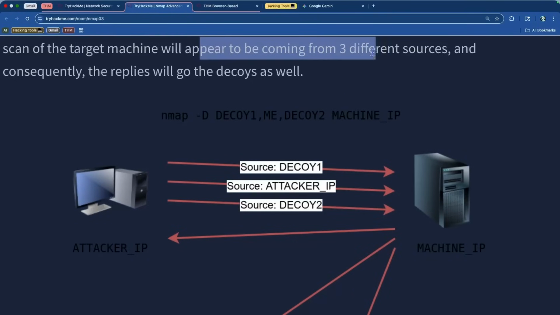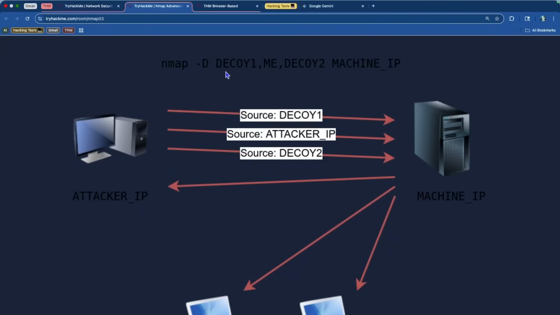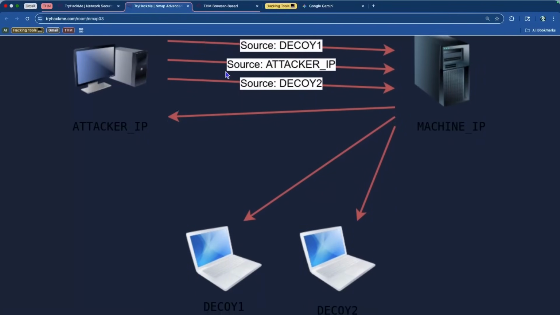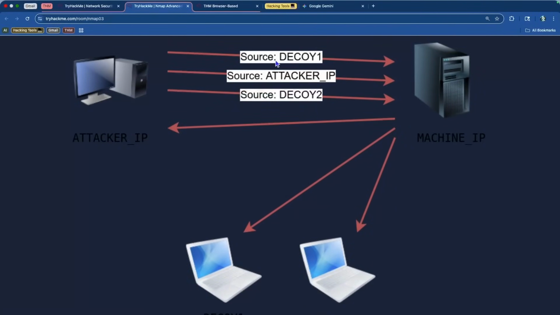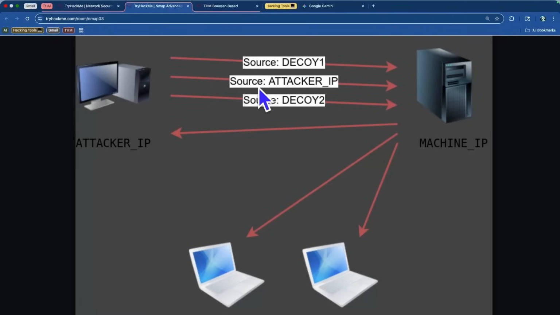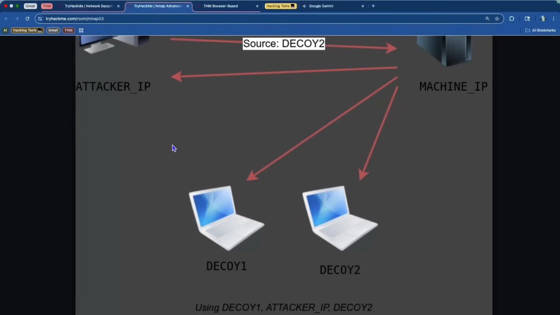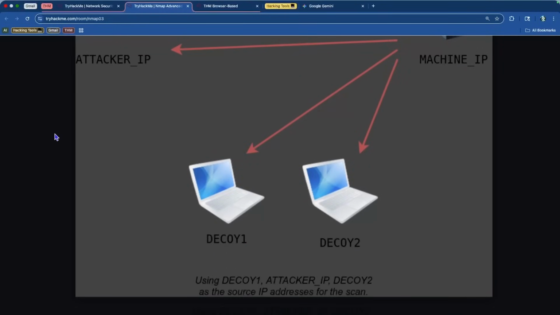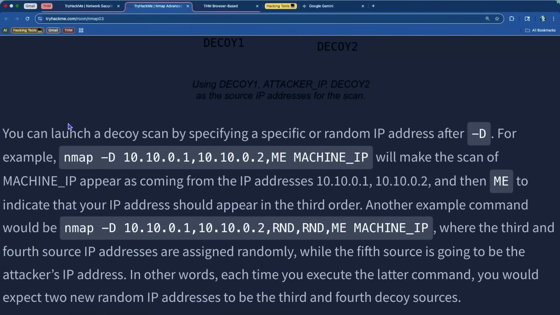It's going to be coming from 3 different sources, and consequently the replies will go to all of those sources as well, right? So it'll come from the decoy, right? So let's go look at this. We have the decoy, the actual attacker IP, and another decoy. So the response is going to go to the 2 decoys as well as the attacker IP. So all 3 of them are going to get those responses, and one of them is actually going to be